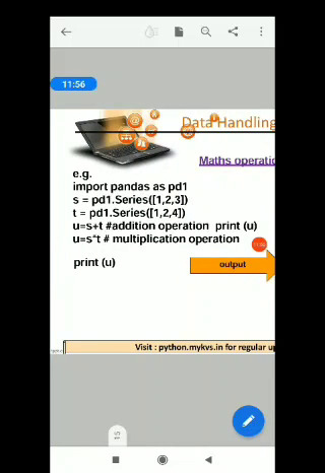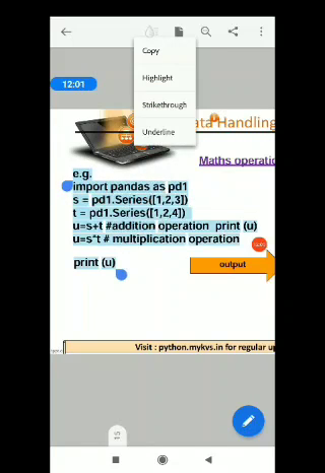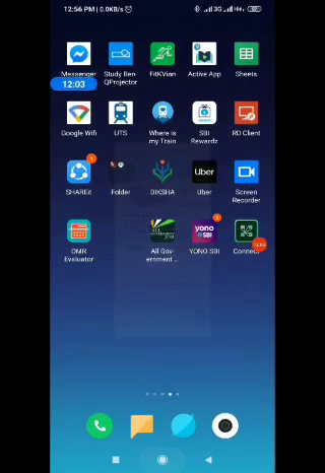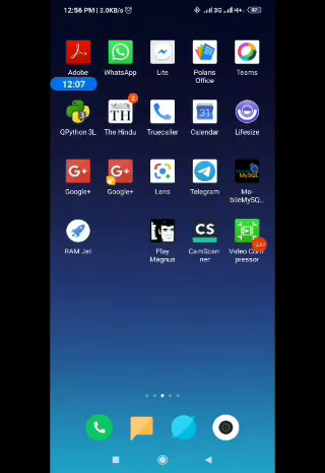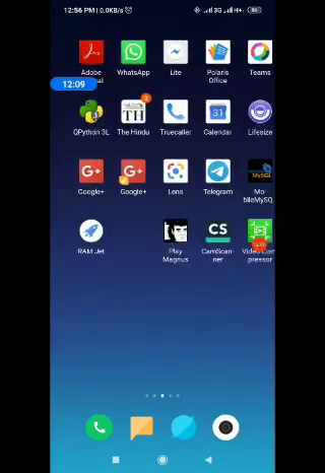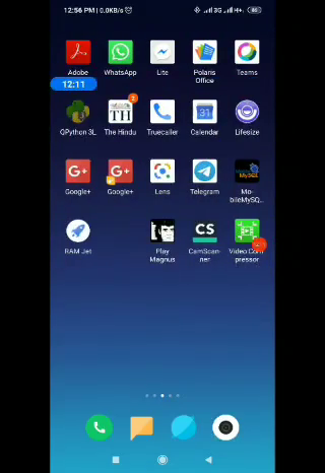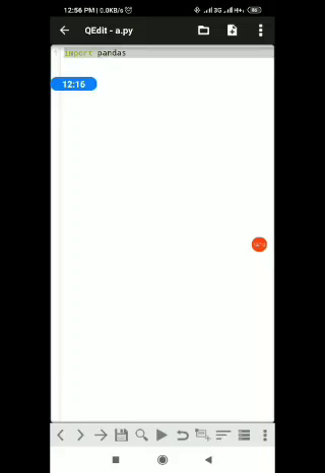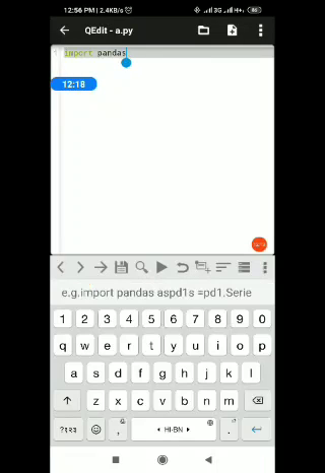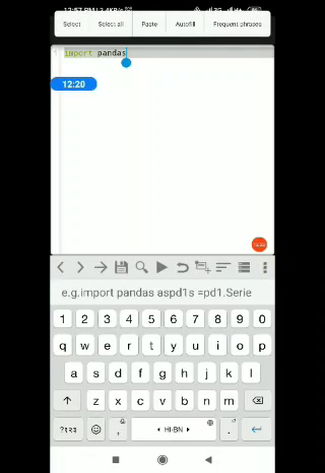I would like to write this program in an editor, not in Pydroid, but this time I'll show you one more editor, QPython 3L. This is the editor I'm opening. I'm writing import pandas over here.